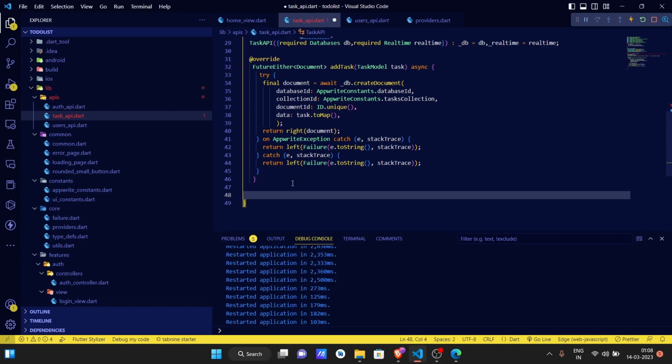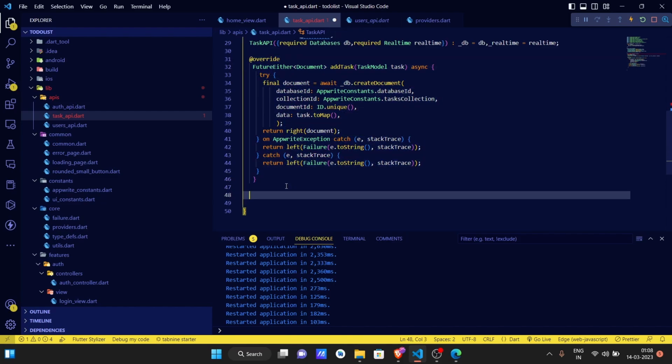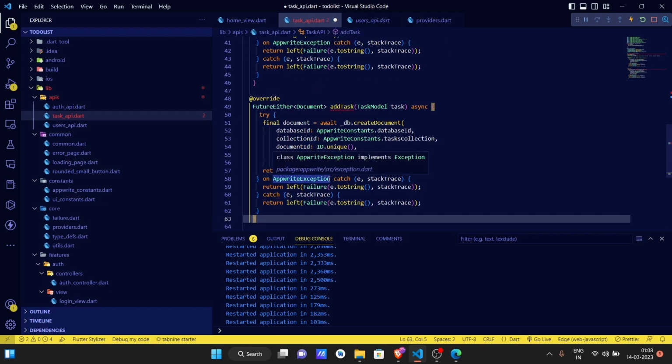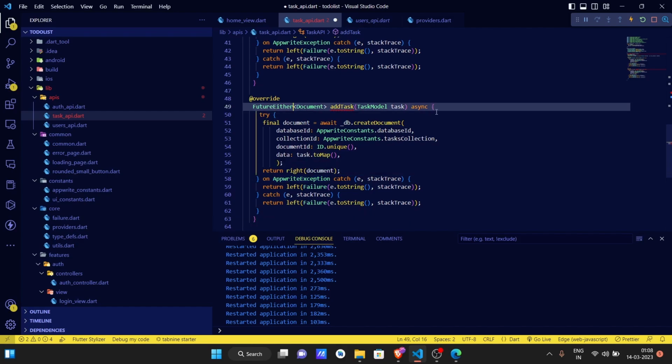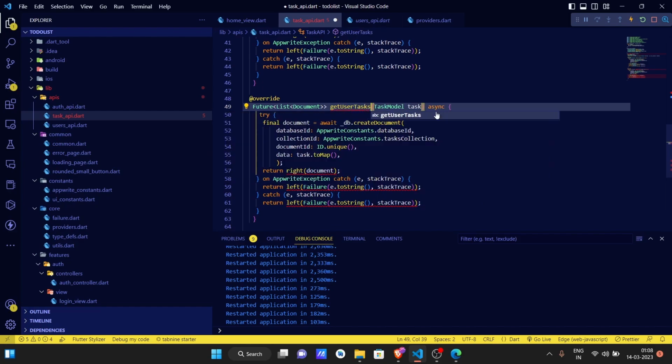So to get the user's tags, again we are going to copy this whole and paste, and it is going to return our Future list of documents. List Document getUserTags,